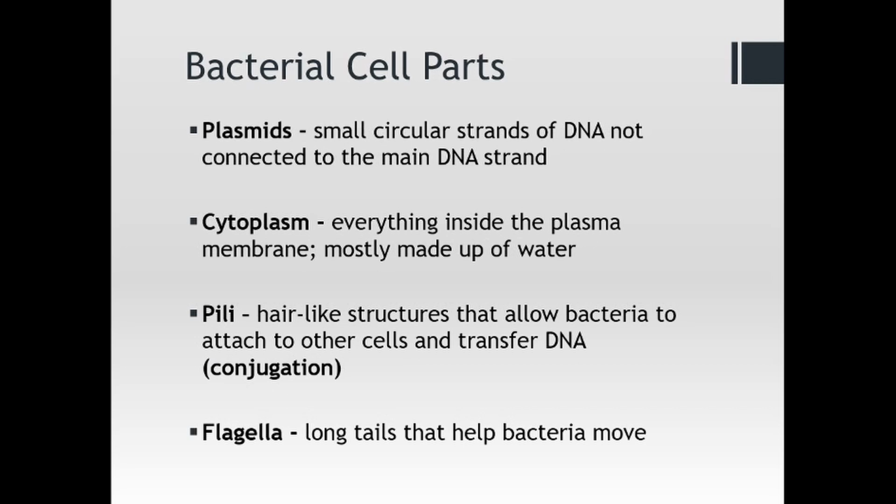They have, like I said, these plasmids, these separate small circular strands of DNA. They're not connected to the main DNA strand, and we have taken advantage of these plasmids and utilized them in genetic engineering, incorporating these bacterial plasmids into cells so that we can get the production of desired proteins, for example, insulin. It was discovered we could use bacteria to our advantage, using plasmids from E. coli to create large amounts of insulin for those who are diabetic.